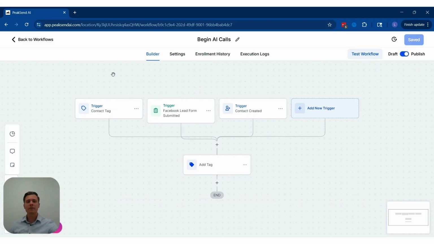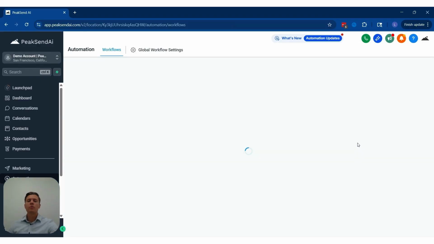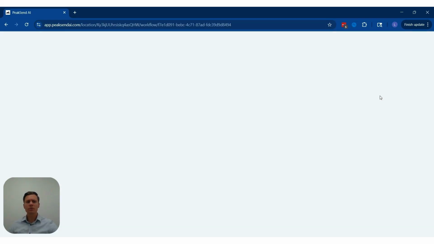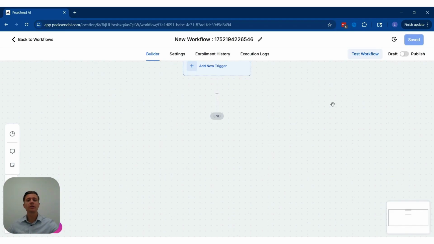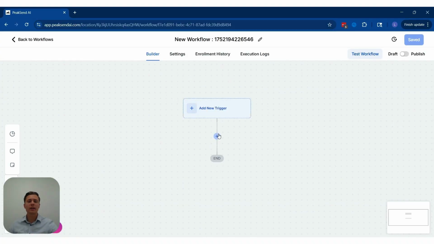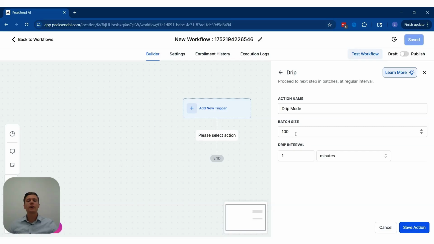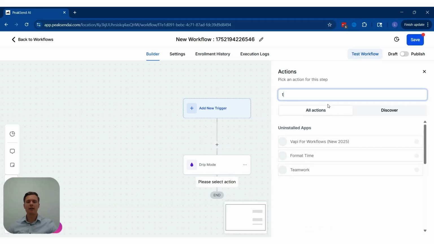All right. Now that that's taken care of, we're going to go ahead and create one more workflow for leads that are old or that you're uploading and you just want a certain amount called or added to the call list per day. So technically you can actually do this without creating another workflow, but just for simplicity's sake, we're going to start here and show you how to set this up in a workflow version. So to do this, we're going to start by having a drip action set up, which will allow only a select number of contacts through this action item per day. So let's say, for example, you wanted 100 new contacts called per day. You're going to save that action and then add that same tag